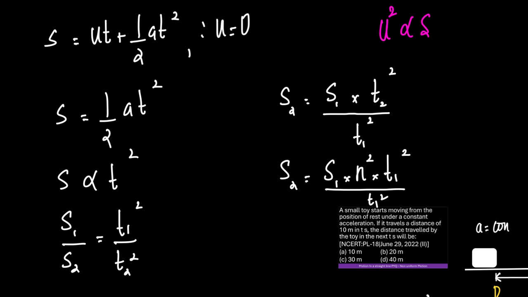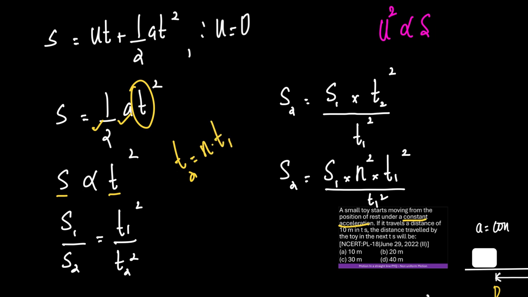In this case, it is given in the question that under a constant acceleration, half is a constant, a is a constant, which means the only varying factor here is time, and therefore s is proportional to t square, which implies s1 by s2 should be equal to t1 square by t2 square. Or we can write s2 in terms of s1 as s2 is equal to s1 into t2 square by t1 square. And if t2 is expressed in terms of t1 as nt1, t2 square can be replaced by